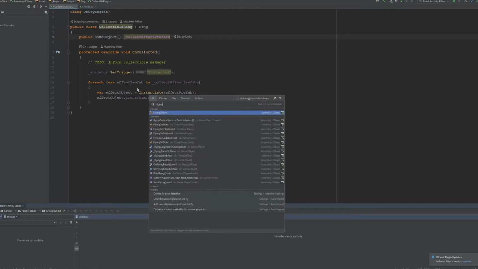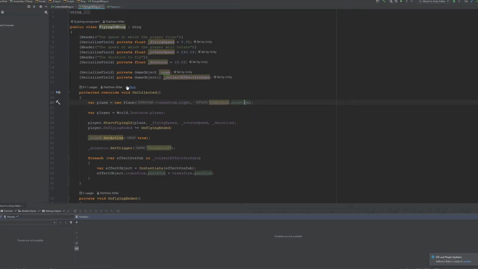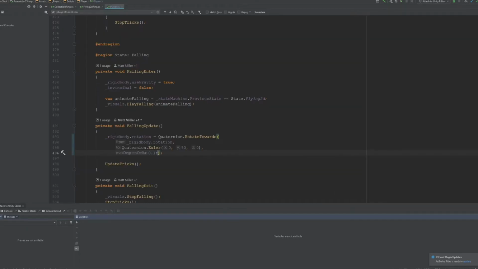So if we want to go to the flying 2D ring, and we have a ring here, oh crap, I mean the plane is created based on... we create a plane. What do we do with that plane? We start the player flying. The player should be corrected. Oh, but the player can still be offset. That actually doesn't make sense to me. Yeah, I think this theory is wrong. Let's